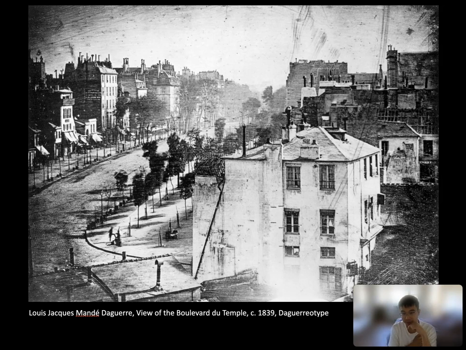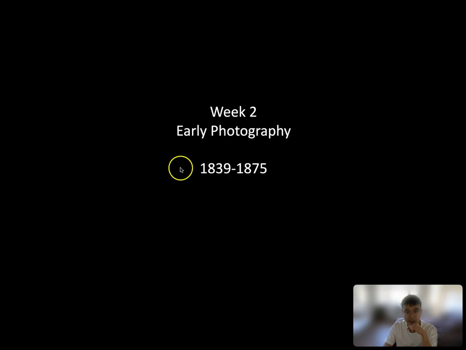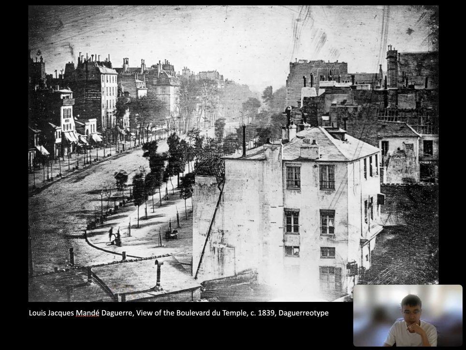Two years later, 1839, right? This is 1839. This is considered probably the first photograph ever taken.